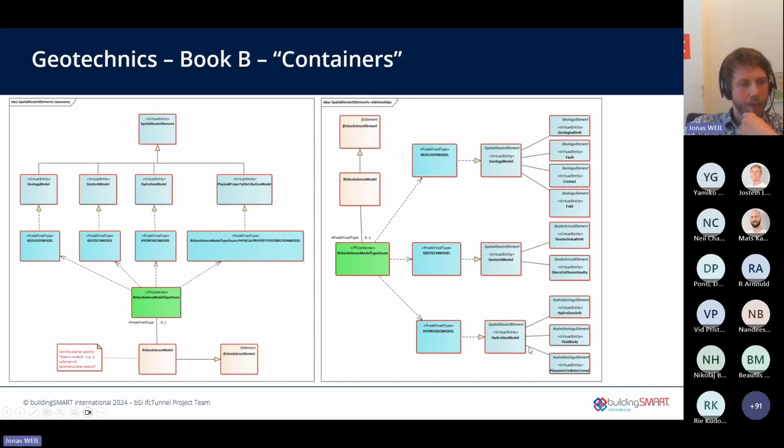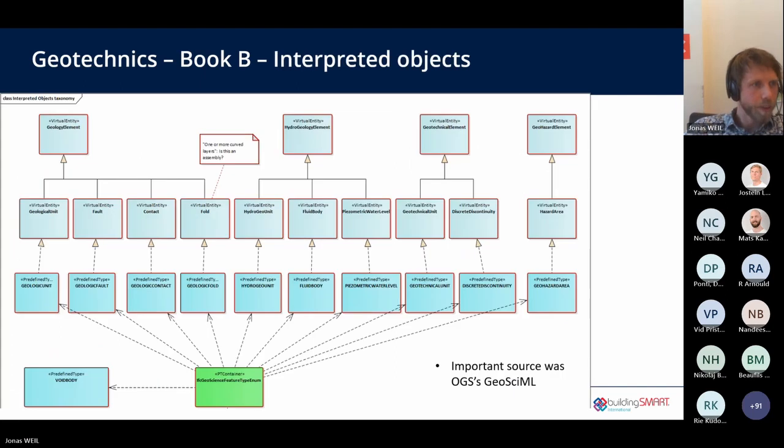Then we can have a hydrogeo model. This was also aligned with GeoSciML. And you can have a geotechnical model where we distinguish actually 2 features, a geotechnical unit, which would represent, for example, a layer, a certain volume, or you can have a discrete discontinuity that might carry discontinuity strength properties like friction angle, cohesion, that is relevant for a certain feature that is really modeled in 3D. So this is again an overview of these units. You will find all of them in the documentation on Building Smart International homepage that I showed before.